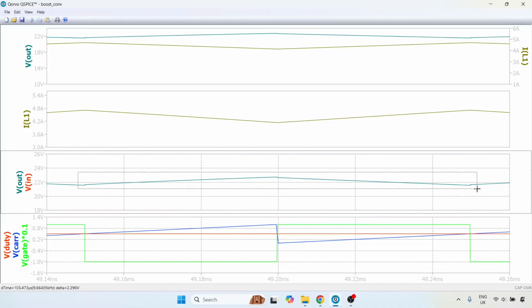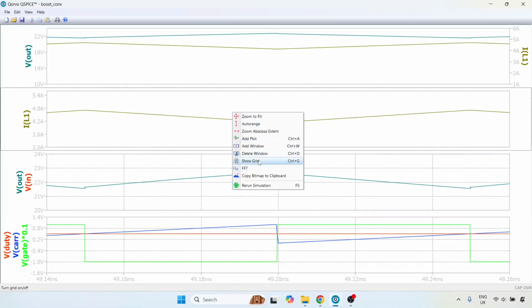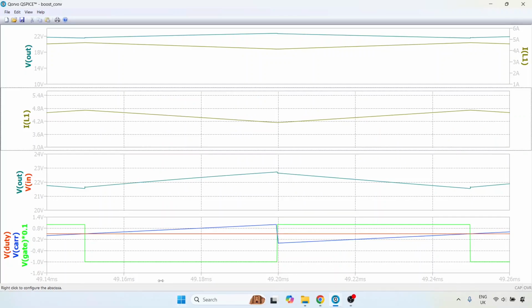Fortunately, I'm just not able to zoom enough. Okay, that seems okay. So now let me put in the grid here, and the grid is on. So you can see that at the beginning of a cycle, actually I probably haven't chosen very nicely, but anyway, you can see when the gate pulse is going low and the power device stops conducting, then in that case the inductor